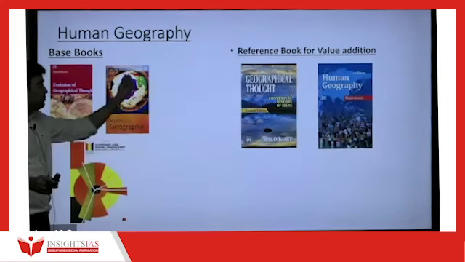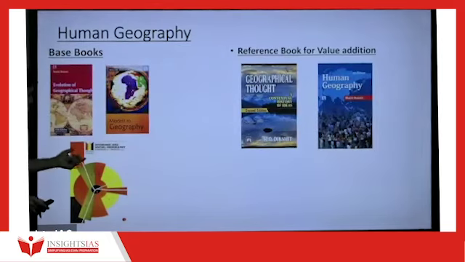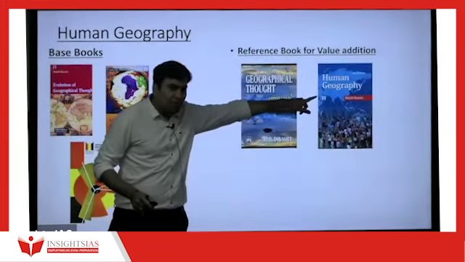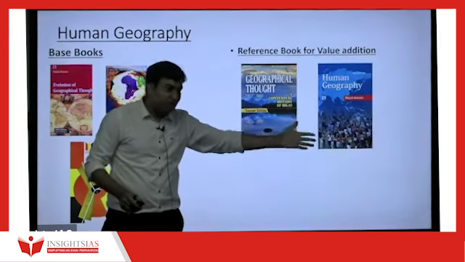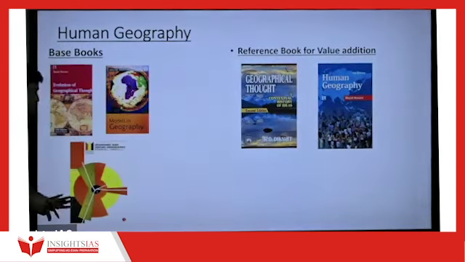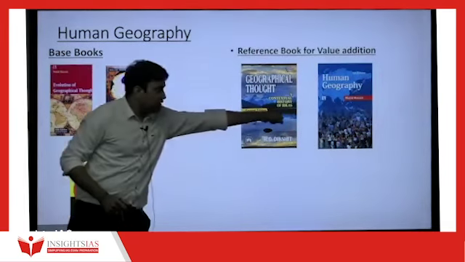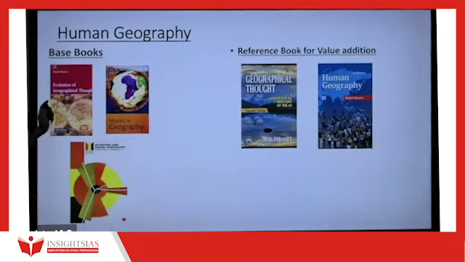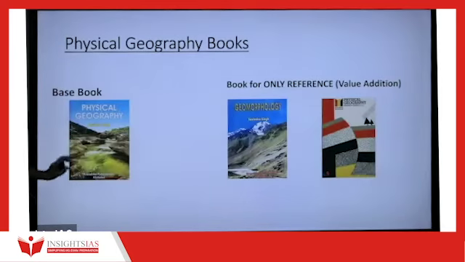Models and Theories by Majid Hussain sir. And this Economic and Social Geography will help you with economic geography, which we saw earlier. This is important. It essentially covers population and settlement, but notes will be given, so there is no need of purchasing that. But these three you have to purchase. No need of purchasing this; rather, you can purchase this. Is it clear? So in total these are the 3 and 1, 4 books.